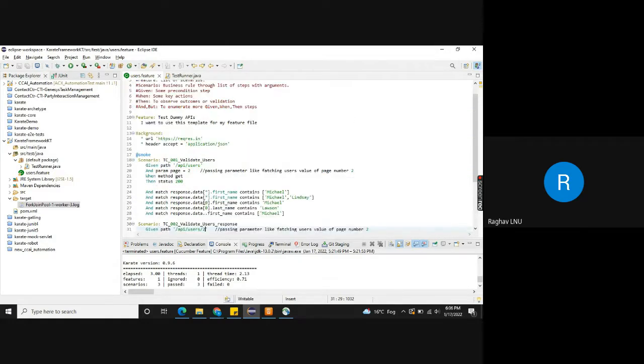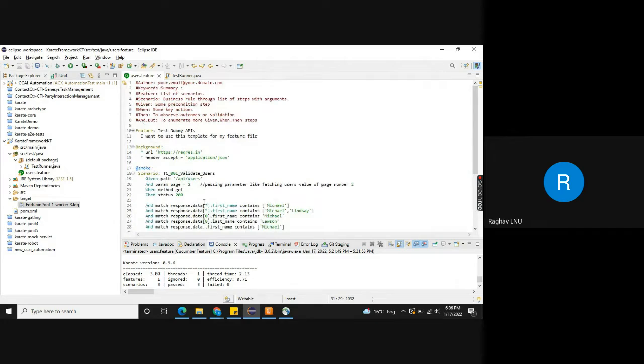So in this session we are going to cover how to create a configuration file, and we will set the URL in the configuration file and call it from there, and also the environment things like that. Let's see. Okay, so I'm going to create a